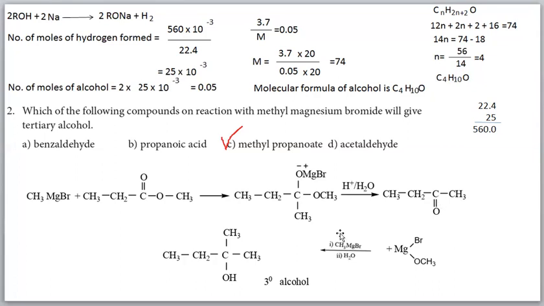Again the ketone reacts with the Grignard reagent. We will get a tertiary alcohol. The reaction we already studied. You see here, this bond is cleaved. CH3 will go to this carbon, MgBr goes to this oxygen. The next step here, which one? Hydrolysis. Here it is cleaved. This OMgBr is removed, and OH will join here. So we'll get a compound like this.